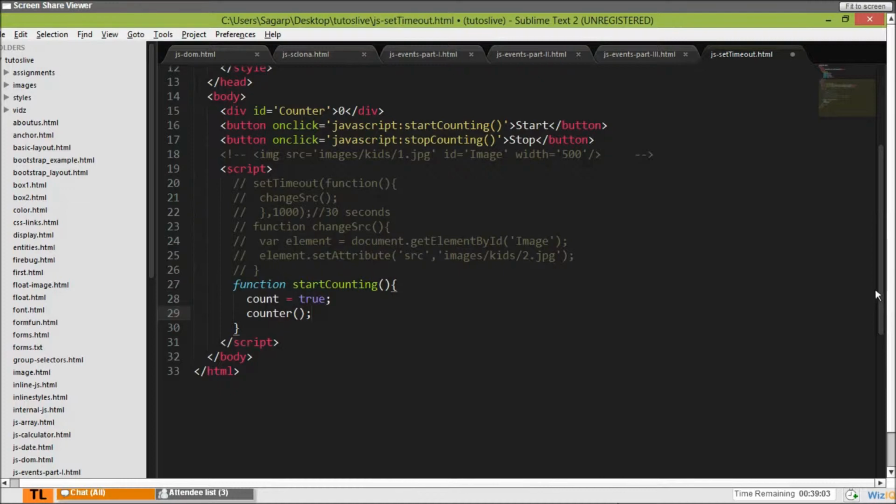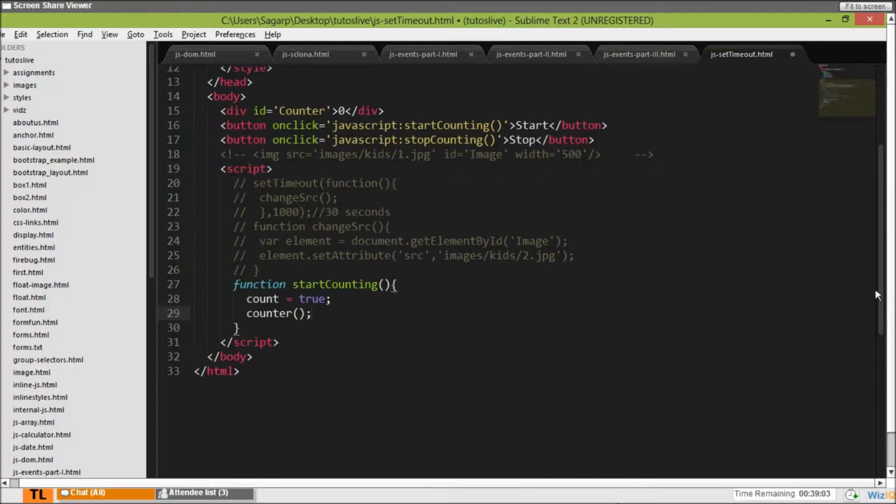So here, okay, if count is true, what I am supposed to do is get first what is the number over there, where number equal to document dot get element by id. So the id is counter over there, right? Dot inner html is that function which gives me the number, but the number is a string here.